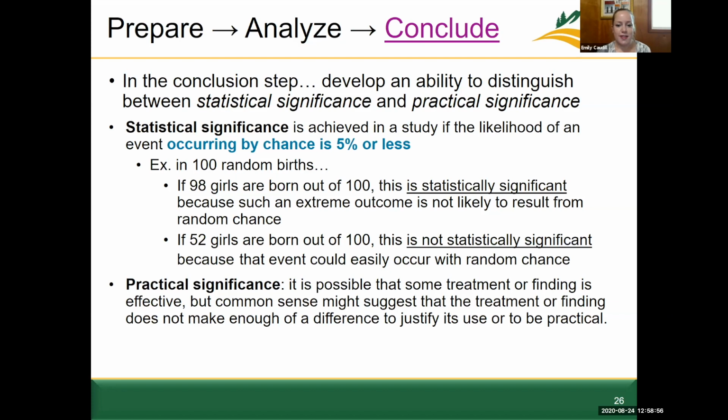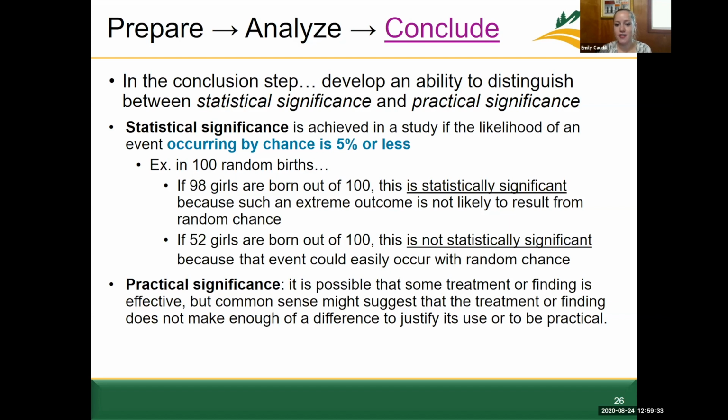And one thing to think about here when we talk about these treatments or findings is what this means in this context. Let's say that a family really wanted a girl. Okay, so if they read that if you take an hour-long walk at 8 a.m. every morning, you're more likely to have a girl if you do that during your first trimester, for example. So if that is what the families think they can do to have a girl, and then truly 98 girls